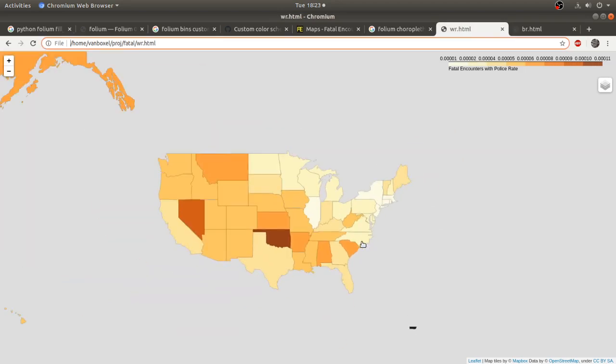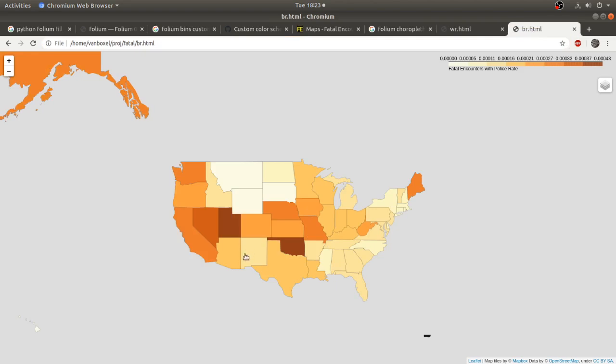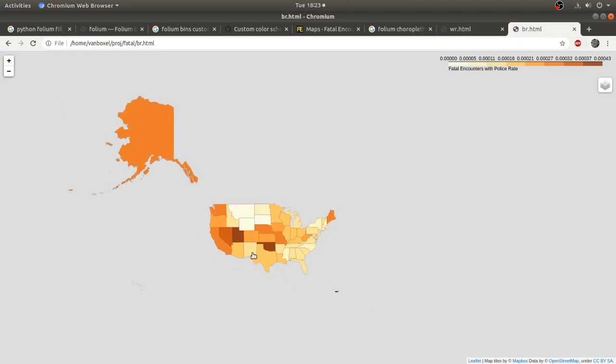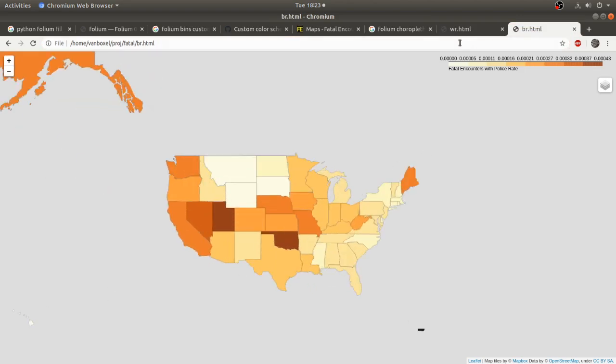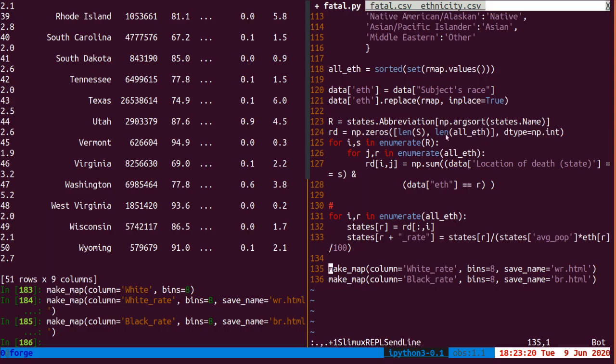Man, what is it about Oklahoma? That is wild. I mean, it had a much higher rate overall. New Mexico, not that much higher. Similarly, black, so like there's some other ethnicities overrepresented in police killings here, whereas most of these other states, significantly higher. In fact, if we look at the overall map,